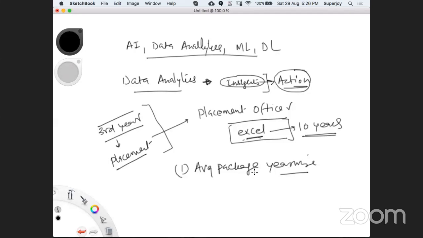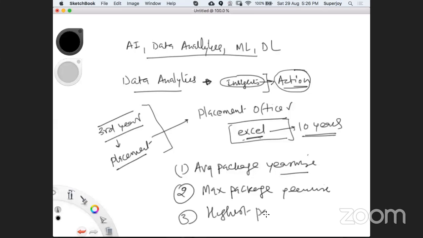Yes. Okay. Can we get what the maximum package has been year-wise? Yes, we can get this. And can we get the highest package in the last 10 years, the highest package so far in all years?